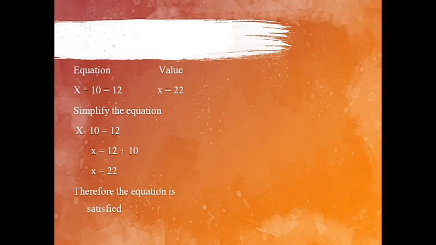So this is how we have to find out the value of a variable, as x is here a variable, and when a question is given to find out the value of x, at that time we have to simplify the equation to get the value of the variable. But here the value of the variable is given and in this question we have to find out whether this value satisfies this equation or not, or whether by simplifying this equation we will get that value or not.